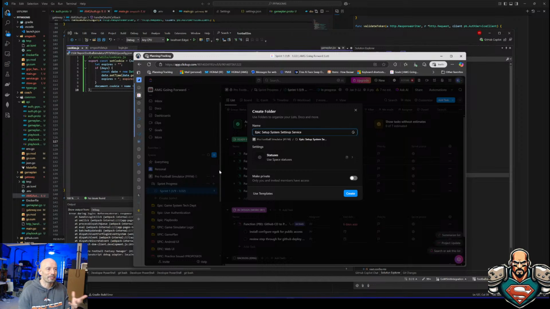In this case, maybe I have security setups where I say we're going to have a tag that's default values, or certain things I want to start. It goes in the system settings service. And can I make a description of this? Use folders, statuses, epic, make private. Yeah, all right, fine, we'll just create it.